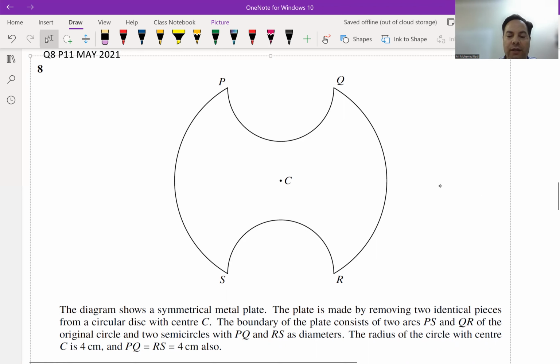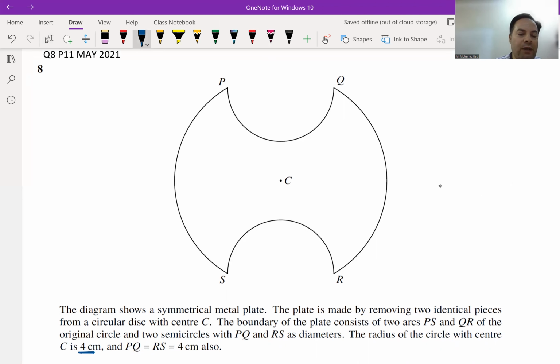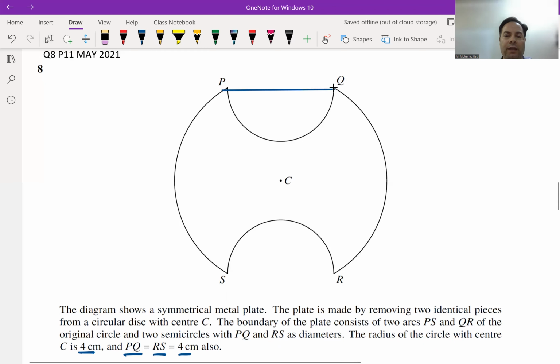The radius of the circle with center C is 4, and PQ and RS are equal to 4. You have to write all the given information on the figure. If we join PQ, it's a diameter for this semicircle, and its length is 4, and also the radius is 4. So if we join CQ and